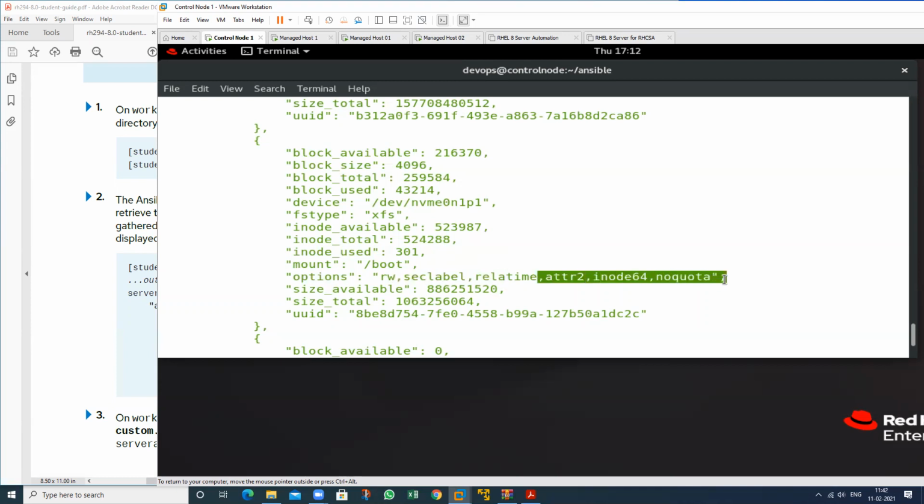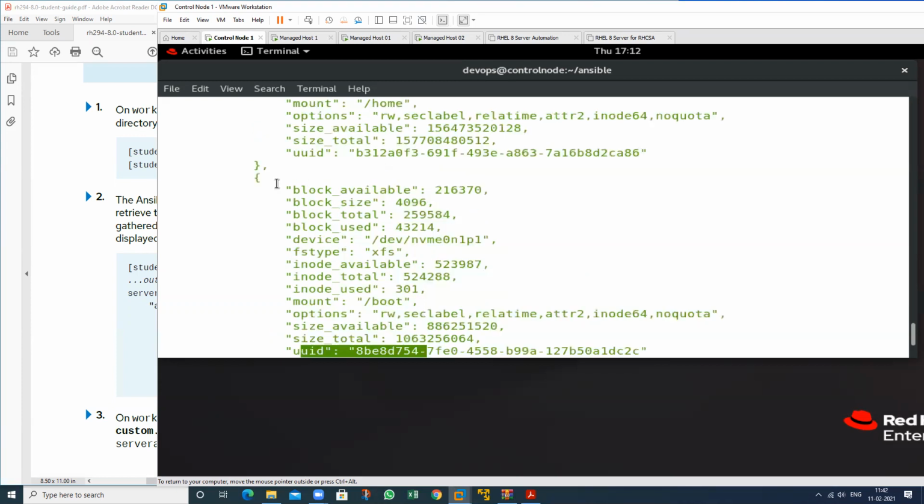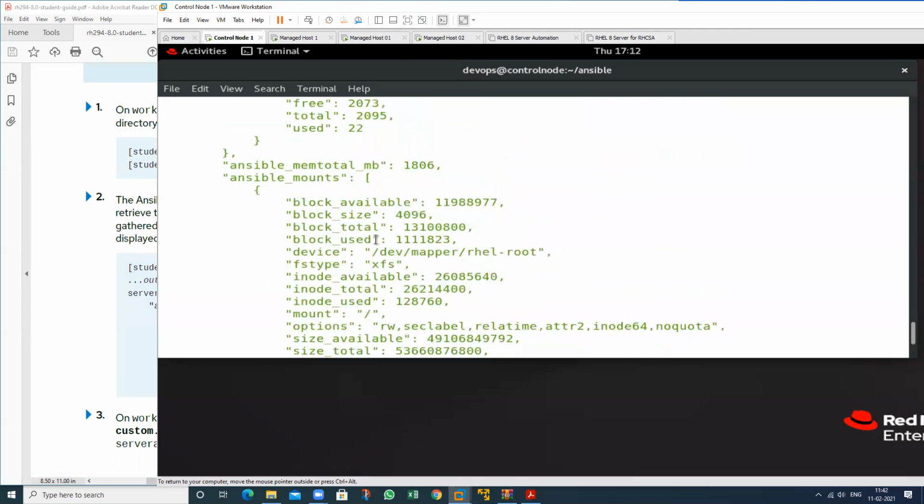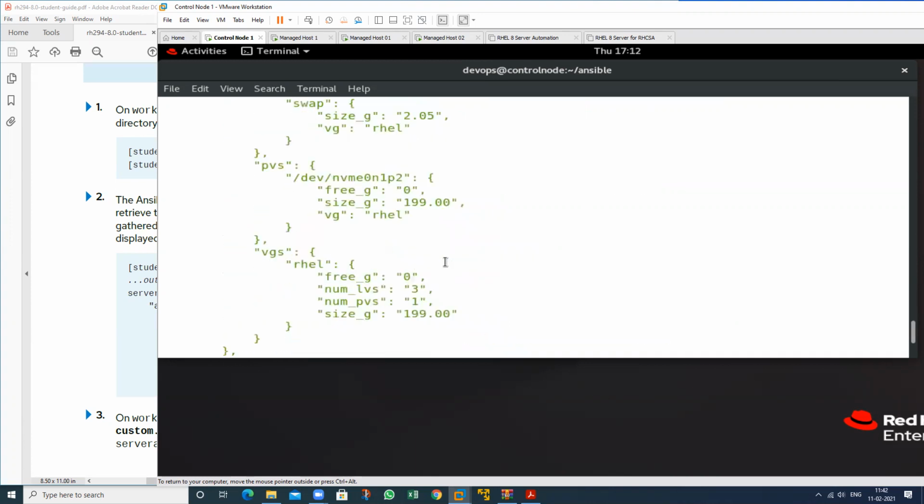This is the command. This is the security, available size, total size, UUID. Same for the mount point. This is for root. So we can check all the information.